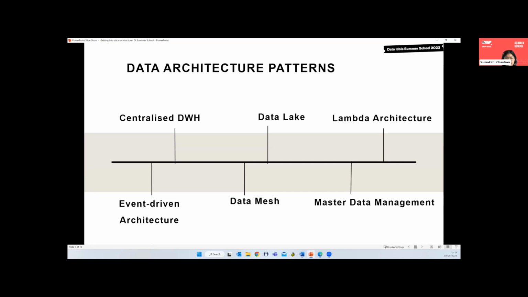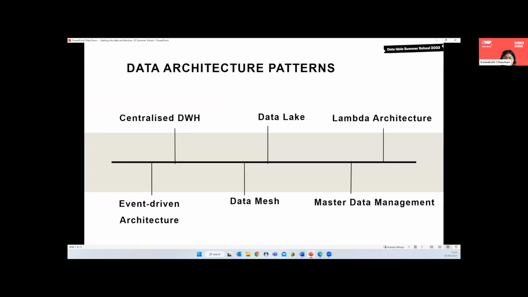There are many other data architecture patterns in general, such as microservices architecture patterns, which I am not going to mention in this session. I believe these are the 6 main ones which we should be discussing and are relevant for this session. The very first one